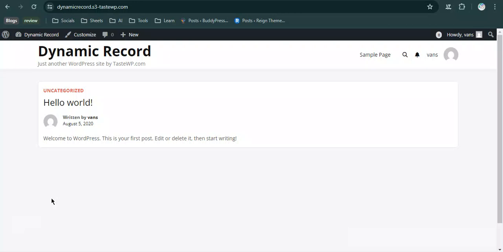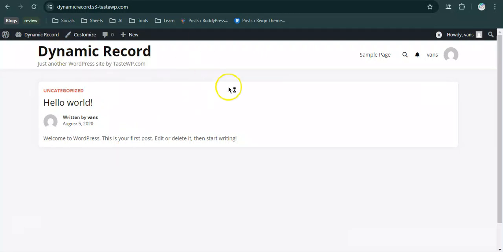So with BuddyPress Ads, you can display banner ads, custom promotions, or affiliate content in various areas of the community site, and all without writing a single line of code. In this tutorial, I will be going over the installation of the plugin, some features and customization options available in it. So to start, I've created a temporary site using